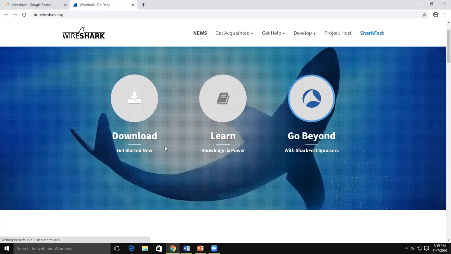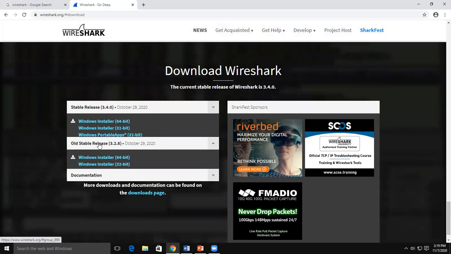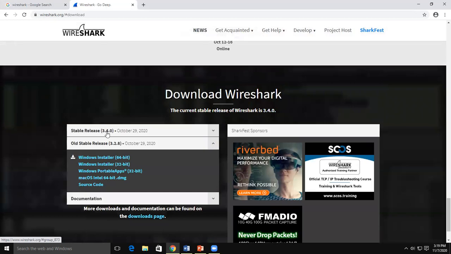After getting this screen, it will ask you to download the Wireshark software. Click on download. Go to old stable release, that is 3.2.8. It is a version of Wireshark. 3.4.0 is the latest version, so we'll go for 3.2.8.